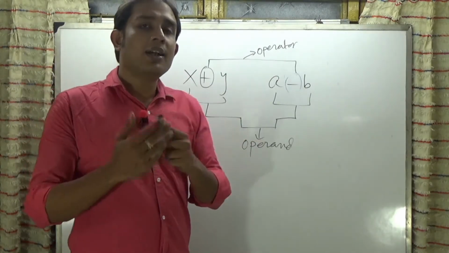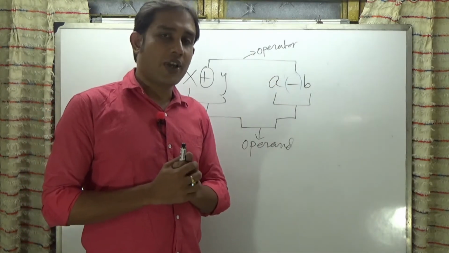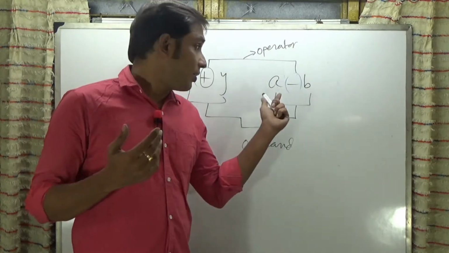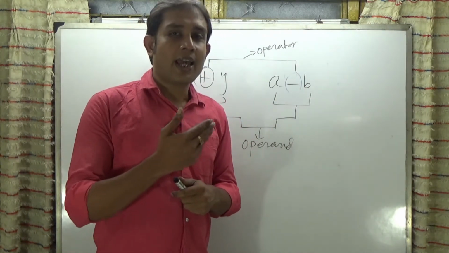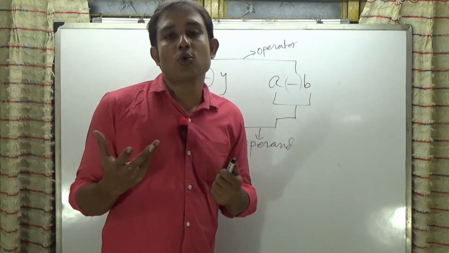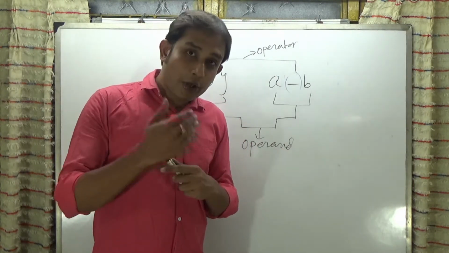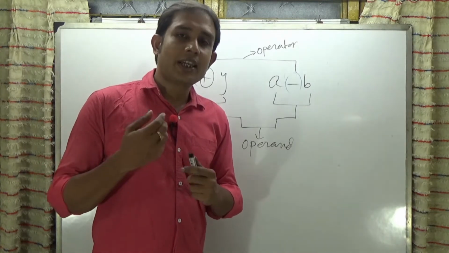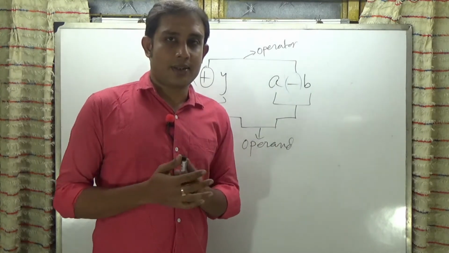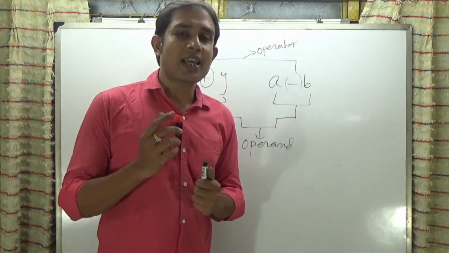The operator actually triggers the operation to execute on the data or value, and the operands are the data or values on which the operator is actually executed or carried out. In the Python programming language, depending upon their working capability or activity, operators are classified into different categories. The first operator category in Python is the arithmetic operator.